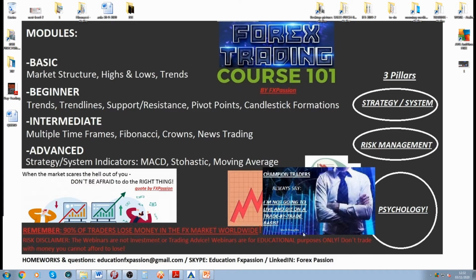And this is a quote from Mark Douglas, of course, and I have my own quote here. When the market scares you, don't be afraid to do the right thing. What is the right thing to do? Well, follow the concepts, follow the rules, follow the indicators, you know. Okay? And remember, 90% of traders lose money in the Forex market worldwide,